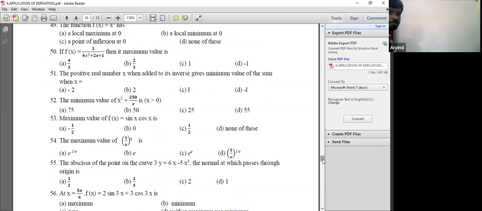So the positive real number when added to its inverse, that is reciprocal, x plus 1 by x. This is your y. Okay, this is your y, and they're asking you to find at which point of x